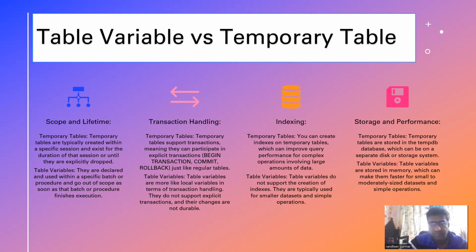One is scope and lifetime. One is transaction handling, indexing, and storage performance. So scope and lifetime is like when you are executing a batch of code. So let's say there are multiple batches. First, you execute this section, populate a temporary table, and then you leverage the temporary table in your code to do various things. So in this case, temporary table